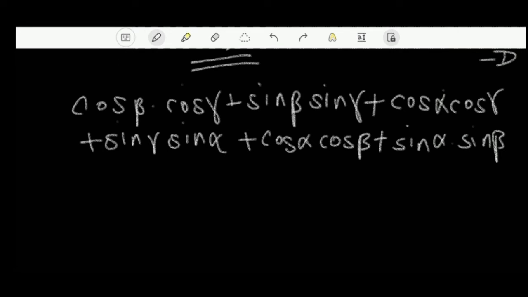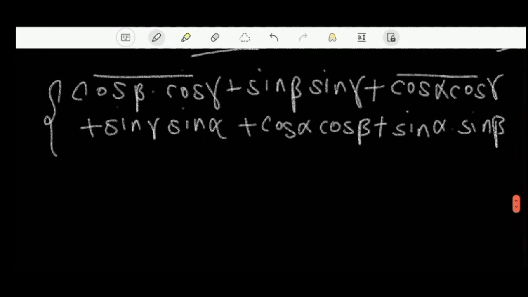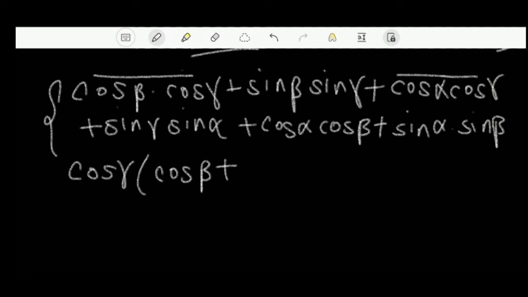So we will obtain this, and now we can take cos of gamma common from the first and the third term. So we can rewrite it as cos of gamma multiplied by cos of beta plus cos of alpha